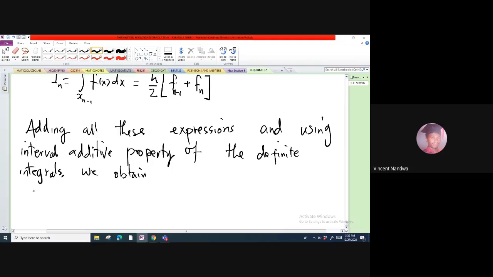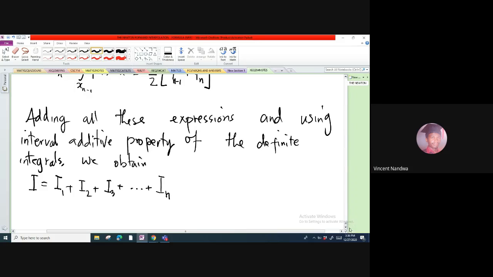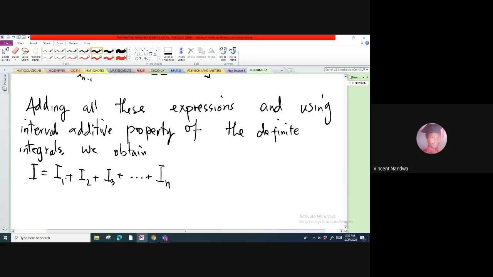What this means is that I will be given by I1 plus I2 plus I3 plus up to plus In. So which means that then we'll have I equals